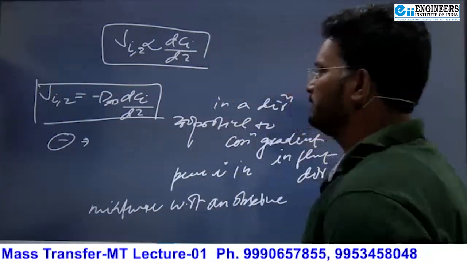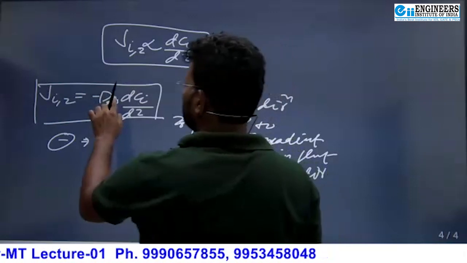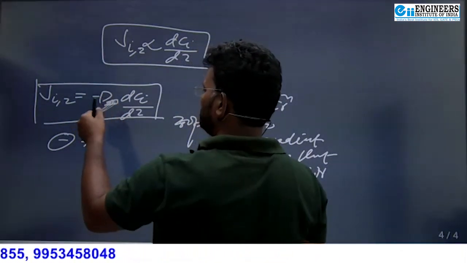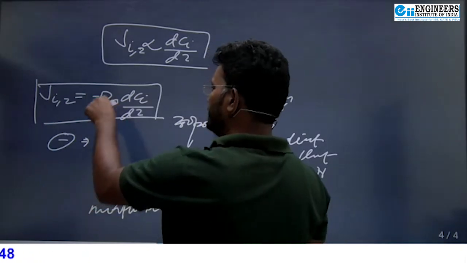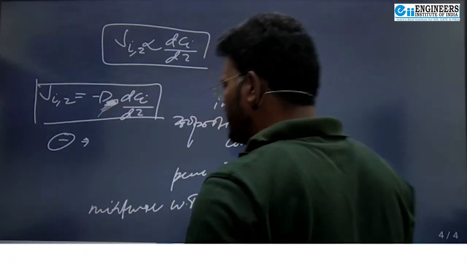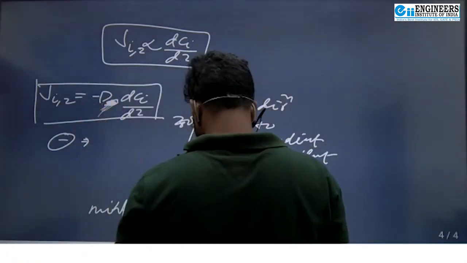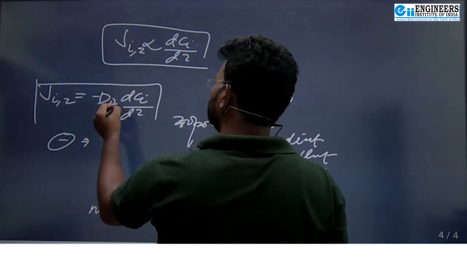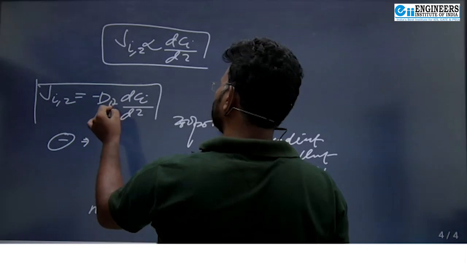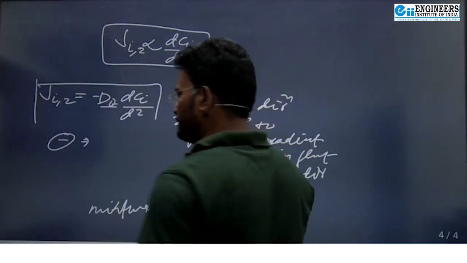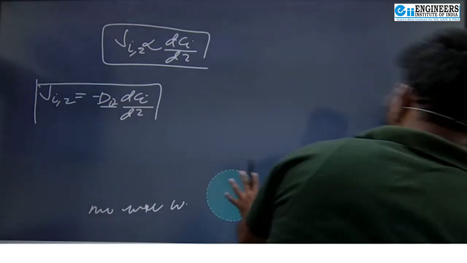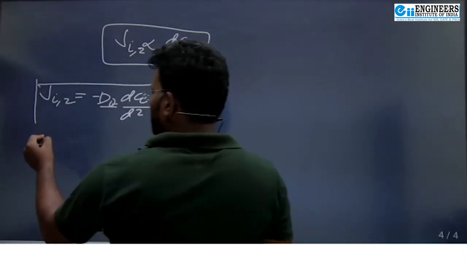Then D_AB, A will not come in, so for now write D_i in the mixture, just general D. D is called the diffusivity of species i in the mixture. Okay, for binary mixture: